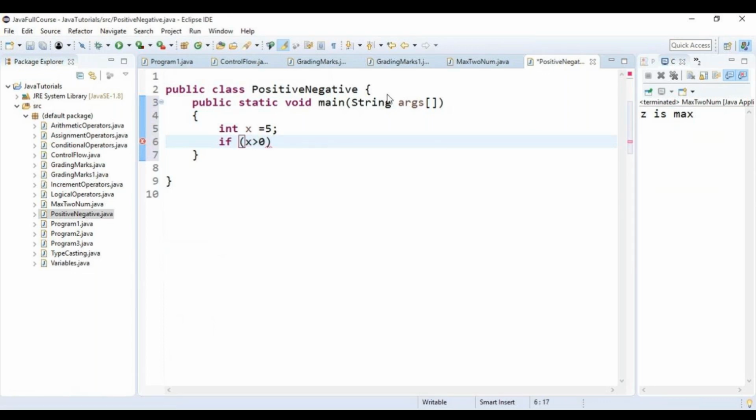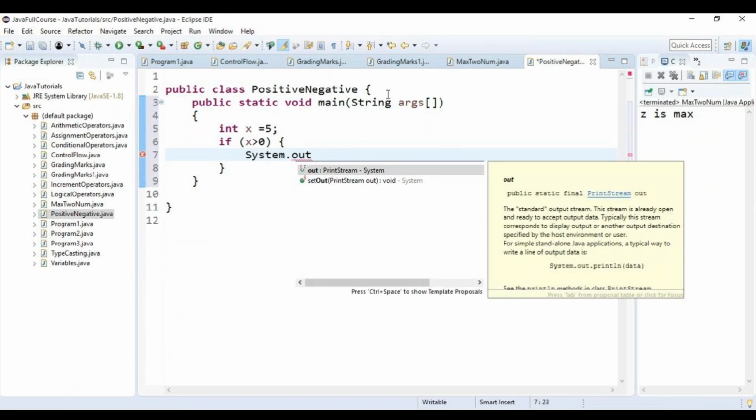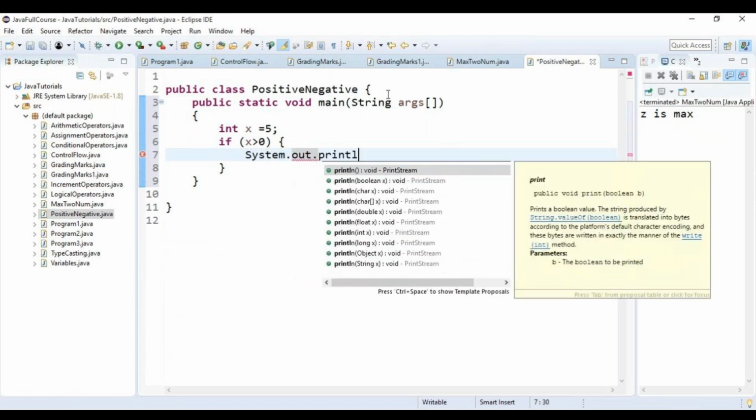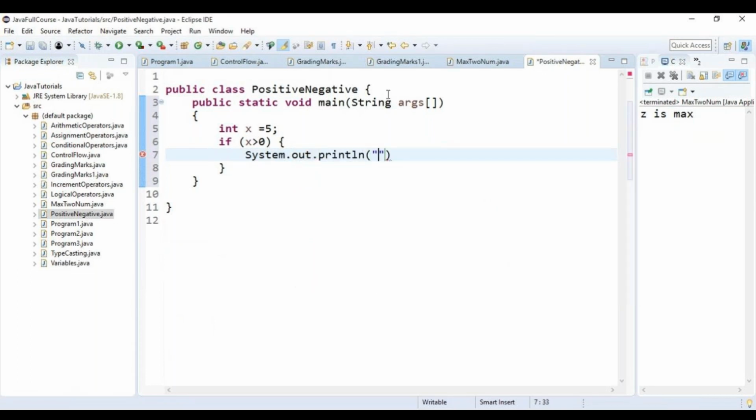Open brace. System dot out dot println. Okay. x is greater than 0. I mean, x is a positive number. I'll give it as x is positive. Okay. Then,